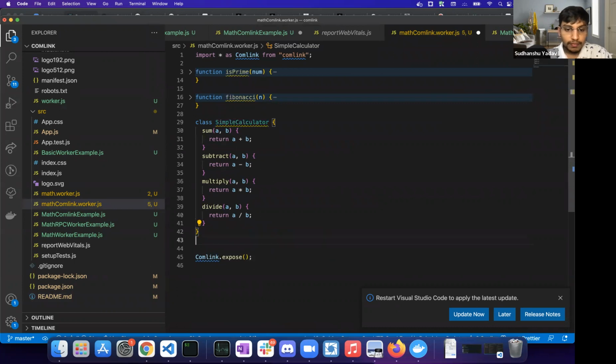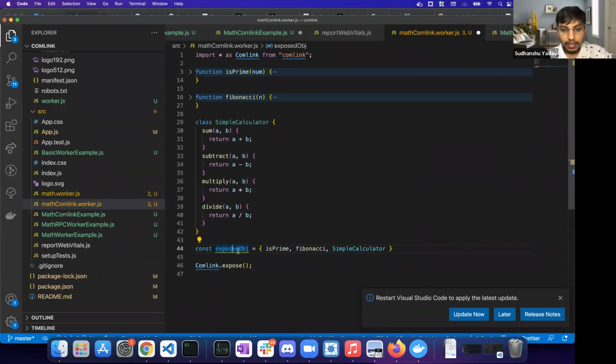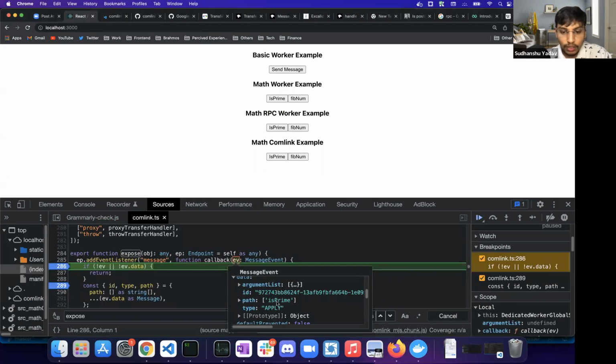We can store it in a different context, like an exposed object. You can expose an object, you can expose a function, anything you can expose here. Here we are just exposing an object. So in this object, what is the path? The property path is prime,